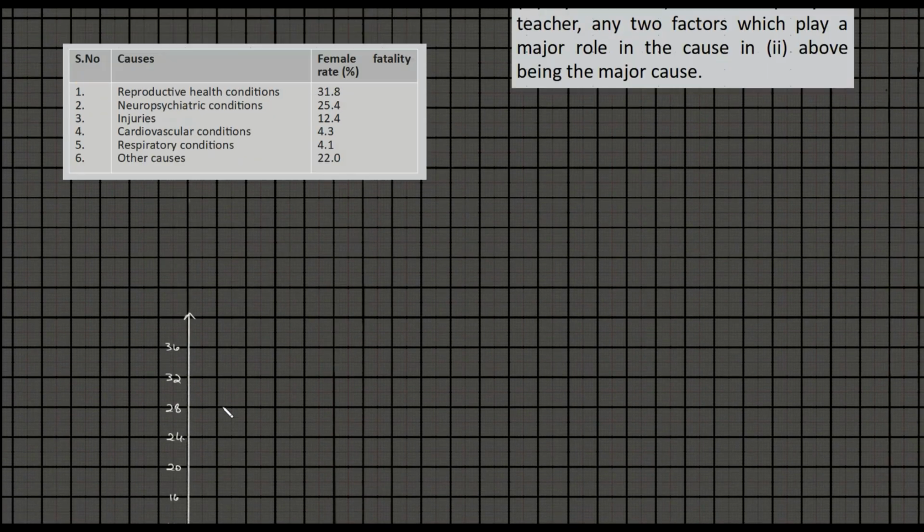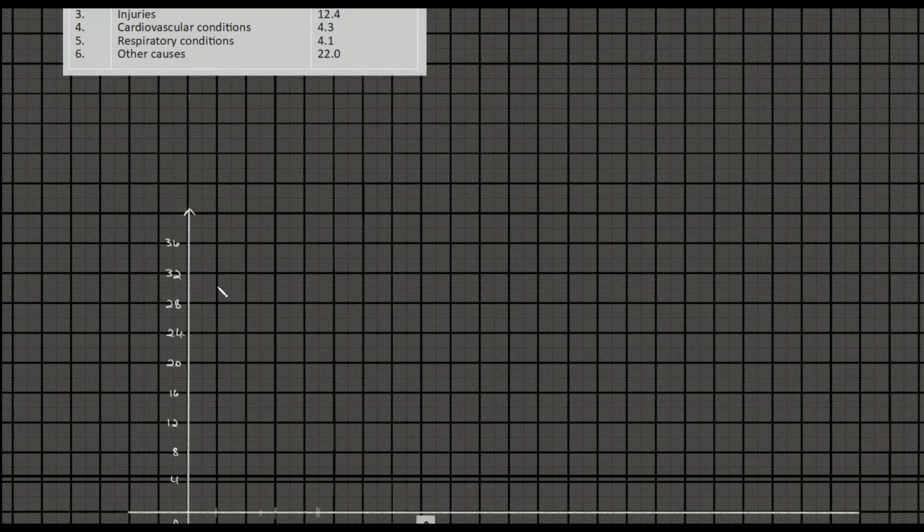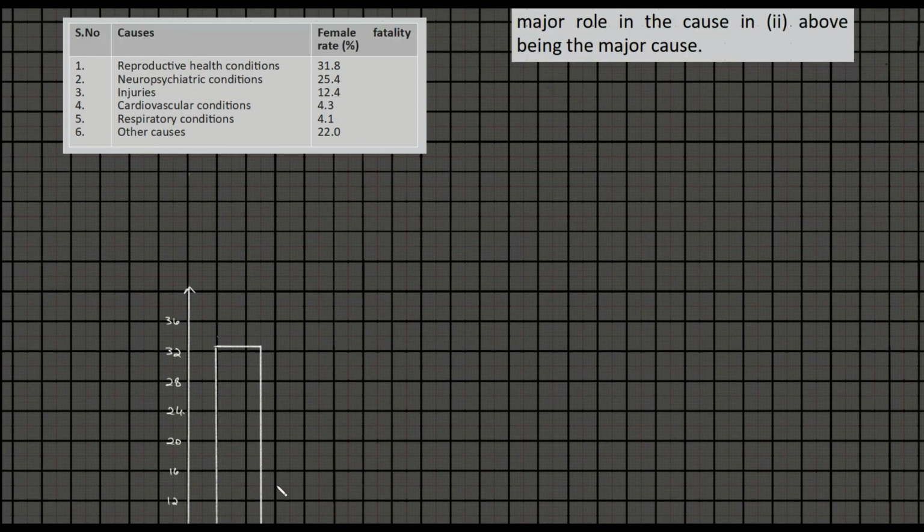Now we have 6 categories. So if we start with, I think we can take 1.1, right? What I mean is, sorry, not 1.1, 1.5 class width. Yeah, we can do that, not an issue. So first is how much? First is 31.2. So finding 31.2 will be difficult. So that is 33 and somewhere over there. So the first is to be represented this way. I'm taking the class width to be 1.5, right?